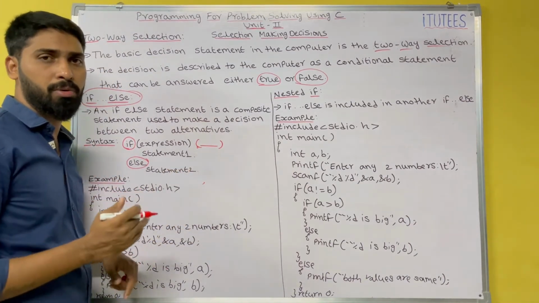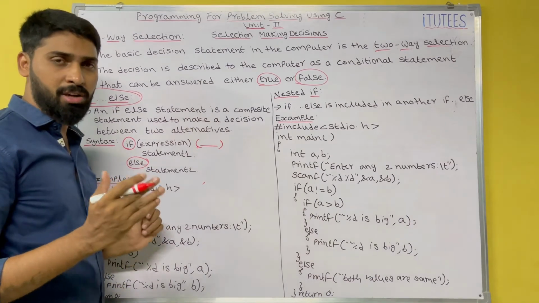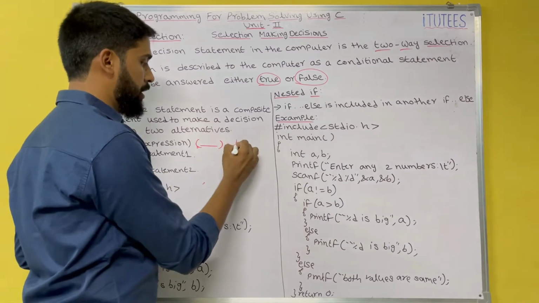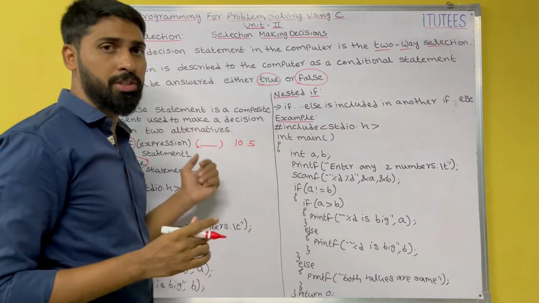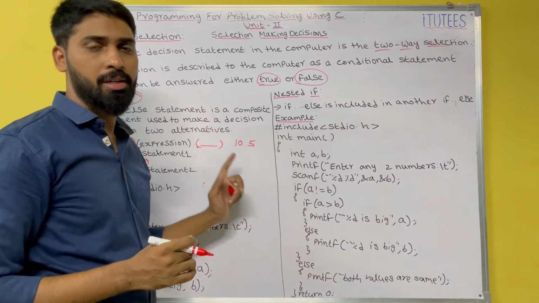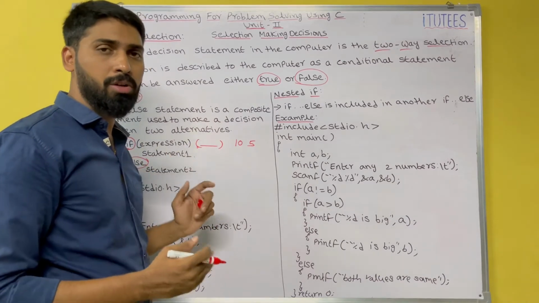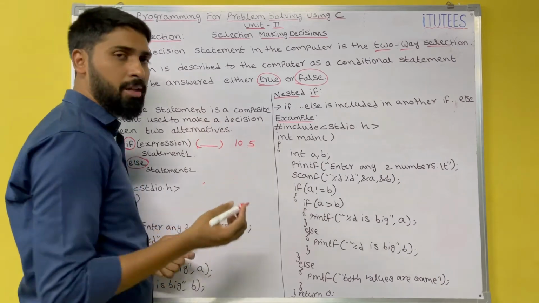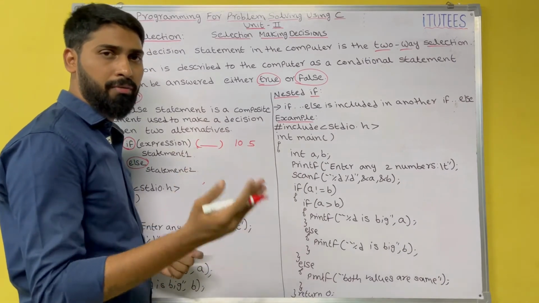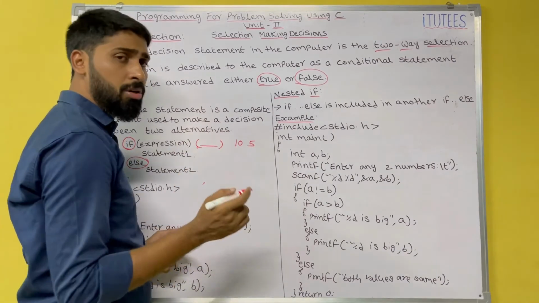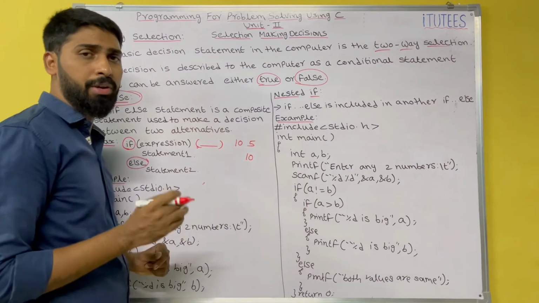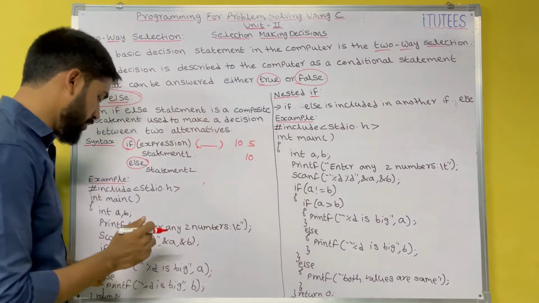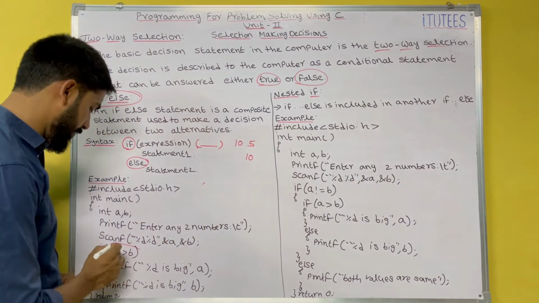Here we are going to write a program to find the biggest of two numbers. How do we find the biggest of two numbers? For example, 10 and 5. Which number is the biggest? 10. How can we say that? In our mind, we compare these two operands. One is 10, another one is 5. 10 is greater than 5, so 10 is big, and your answer is 10. How can we write a program for this problem? By using the if statement.